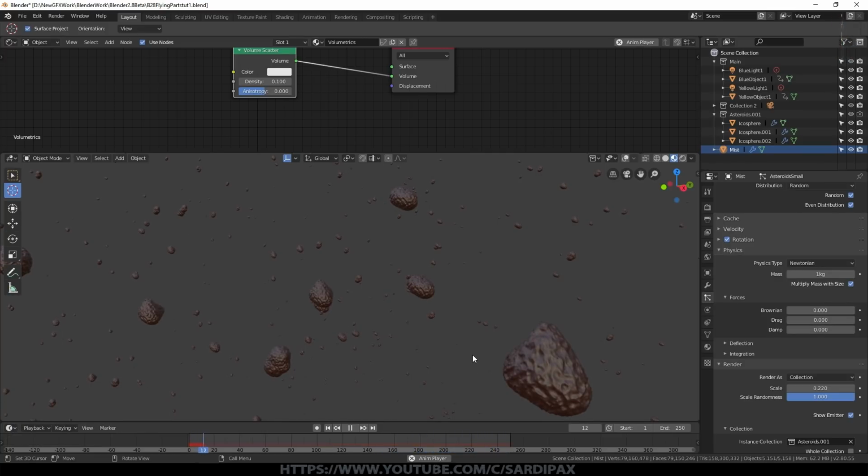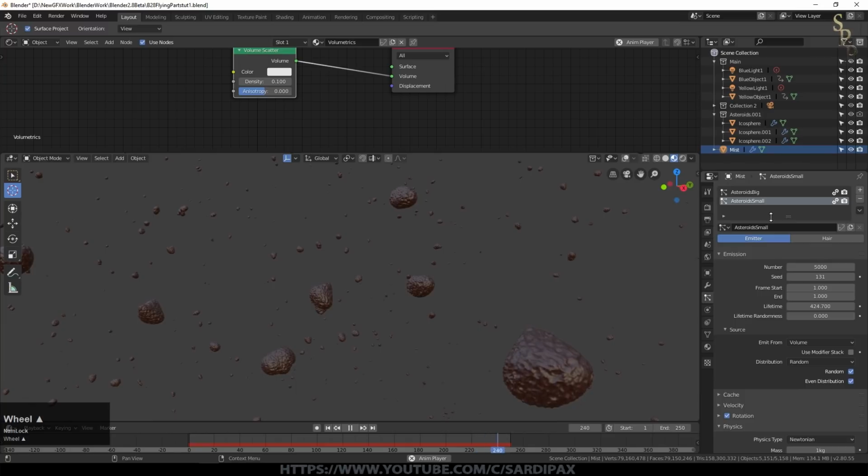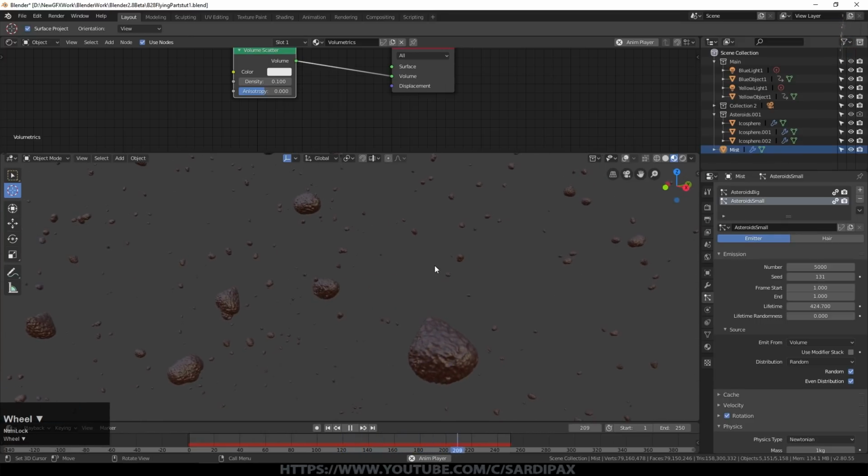If you just create a randomness of 1, you will still get little tiny ones, but they'll be about the same distribution as the really big ones. You won't be able to control separately the fact that you really ought to have a lot of small ones and just a few big ones. So creating more than one particle system is the way to do that. And obviously it doesn't have to be 2, it could be 3 or 4 depending on what you want to control. And maybe the small ones might be more like fragments and therefore not picked from the same set.